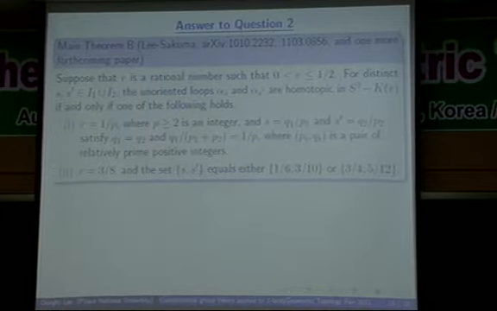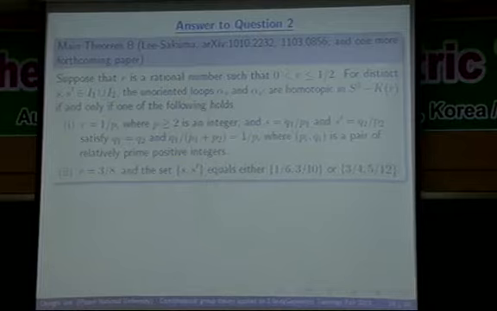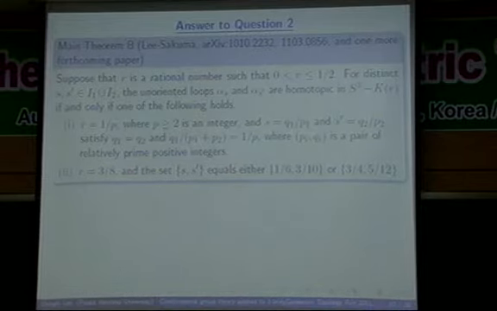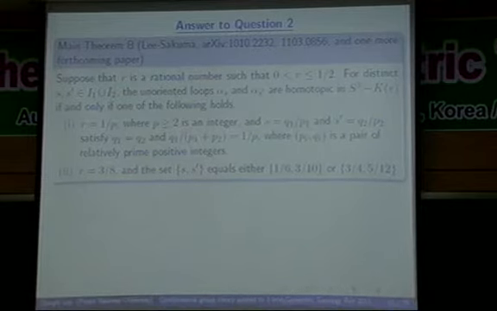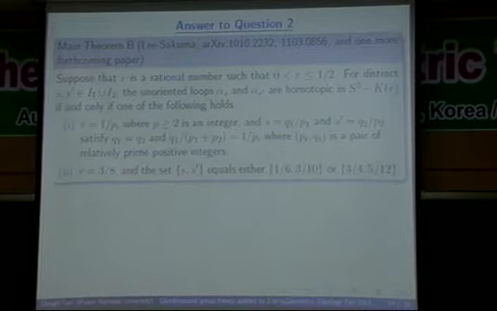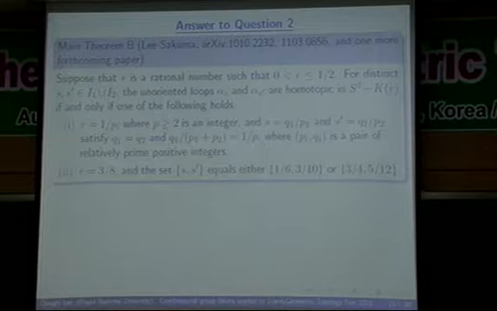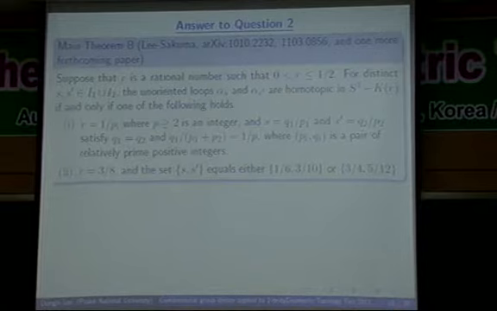And now, this is our second main theorem, which answers question 2. Suppose that R is a rational number such that R is bigger than 0 and less than or equal to 1/2. And again here we exclude two trivial cases, R equals 0 and R equals infinity. And then by Schwartz classification, we may restrict the range of R like this. And then for distinct S and S prime contained in the union of I sub 1 and I sub 2, well, here we may assume S and S prime are contained in the union of this because,